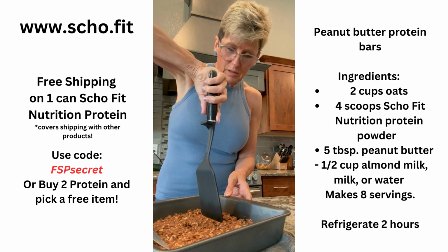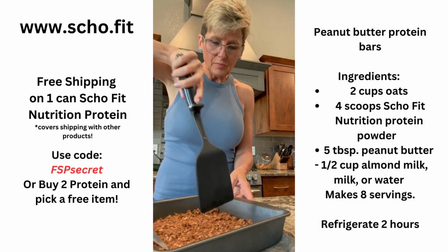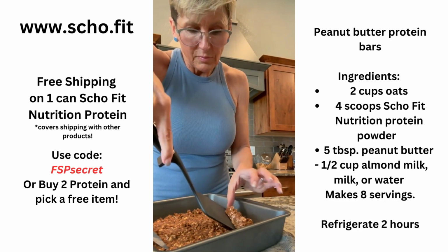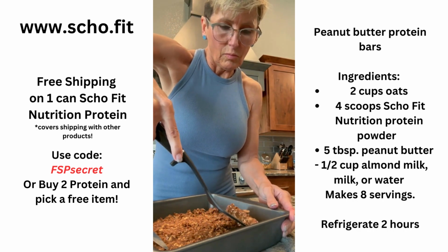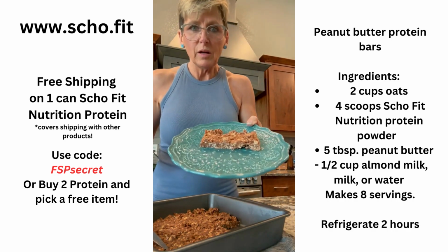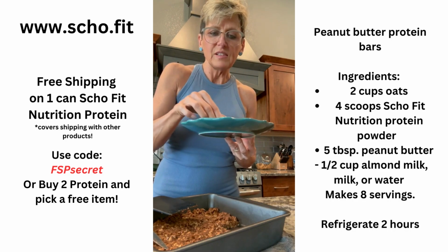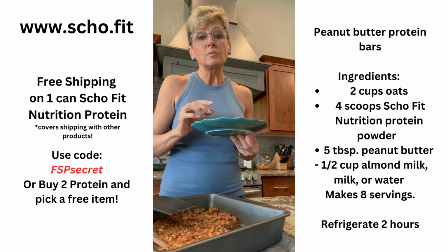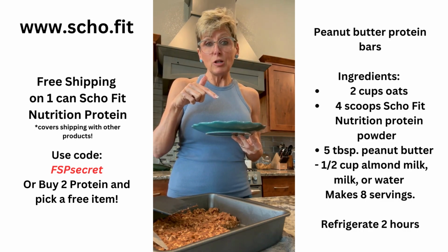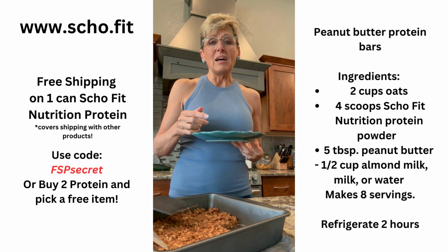Okay, let's scoop one out because I can't wait to taste it. All right. So there, you can see what one bar looks like. I could freeze them a little more, I think. Refrigerating them for 2 hours is gonna work. Really good. Great pre-workout, great hiking workout or hiking food. And it took me 7 minutes, you saw, to put them together. So no reason to buy that garbage processed